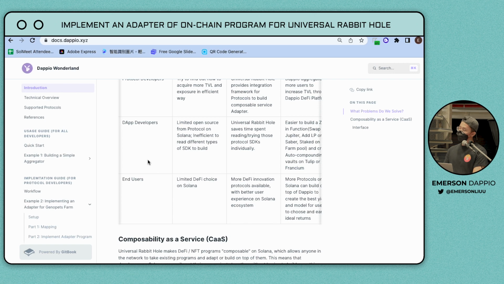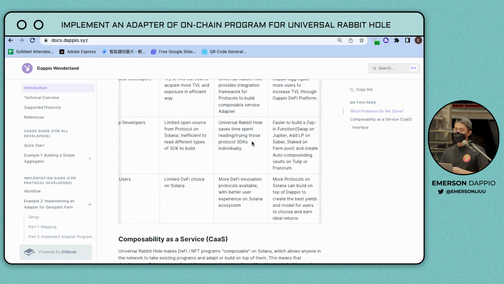And for the dApp builder, the problem is you need to read a lot of SDKs, and the SDKs might be really diverse across different protocols, which means you need to spend a lot of time reading the SDK and figuring out how to use it. It really is a time-consuming process. So to solve this problem,